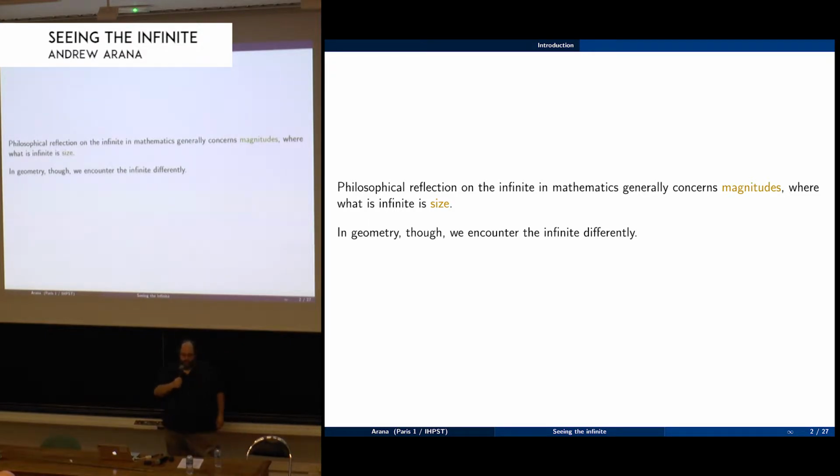philosophers, I am one of those, believe it or not, philosophers tend to think about the infinite as concerning magnitudes, concerning what is infinite in size. And I want to talk about a different way of thinking about the infinite, which is the way that it emerges in geometry. And those of you who are more concerned with art than mathematics,